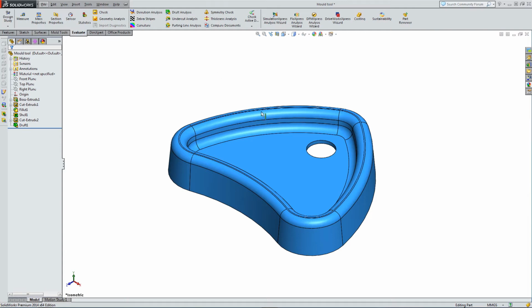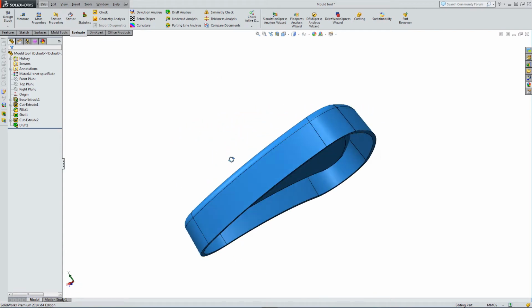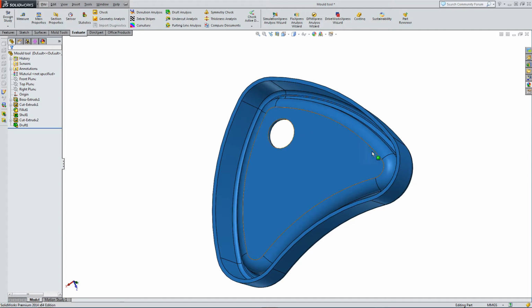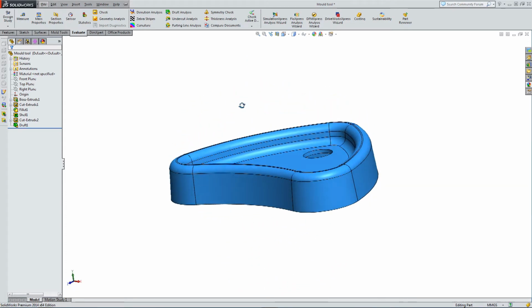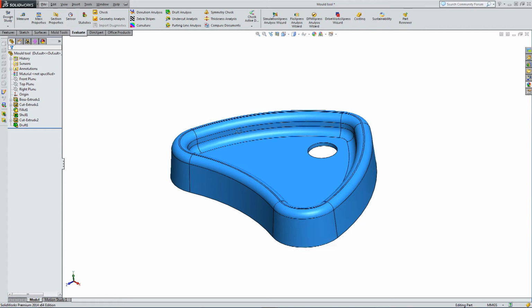In today's video, we're going to have a look at the Mould Tools toolbar. So here I have a part that I've pre-made. This is my plastic part that I want to cover in a core and cavity. So I've got a hole in the item, and before I start putting together my core and cavity, I need